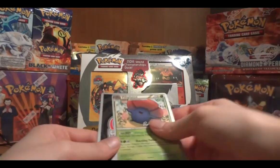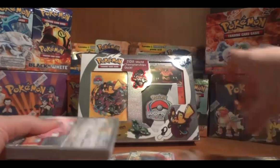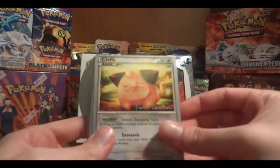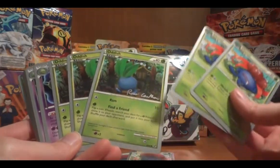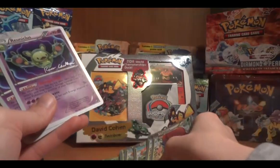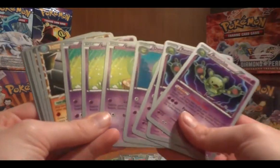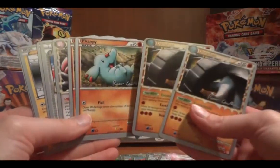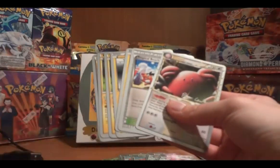Little different. So, 2 Vileplume, and they didn't put these in order, so I'll just go with one stack, and if we find an incomplete set, we'll find the other cards. So, 1 Cleffa, 3 Oddish, 2 Gloom, and then there's the 2 Vileplume, 2 Reuniclus, 2 Duosion, 3 Solosis, 2 Donphan Prime, 2 Phanpy, here we go,